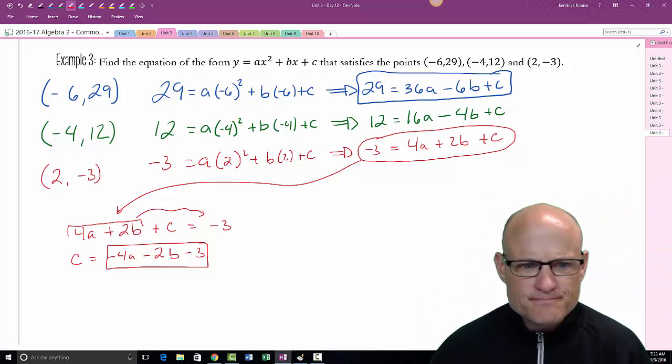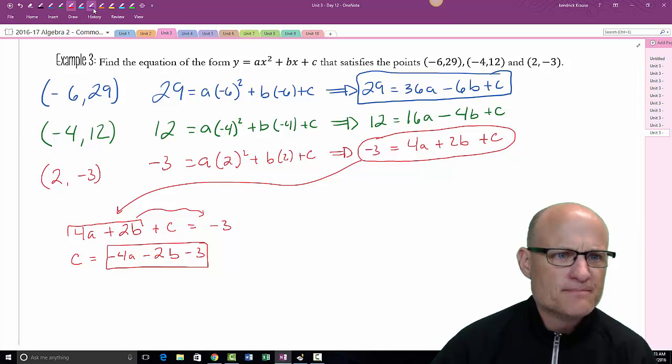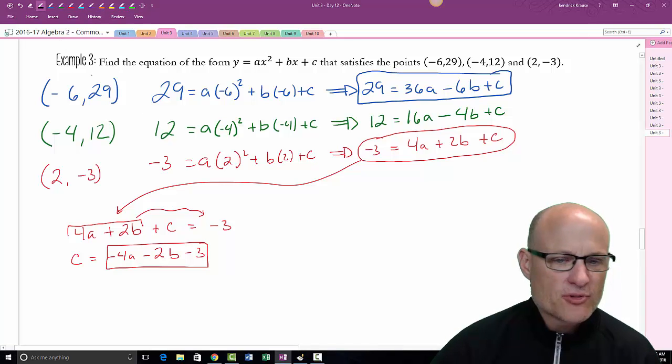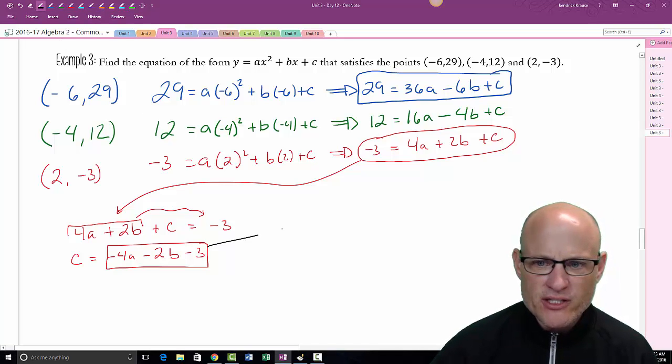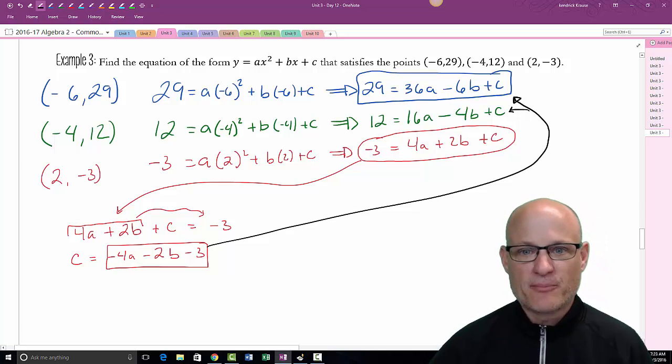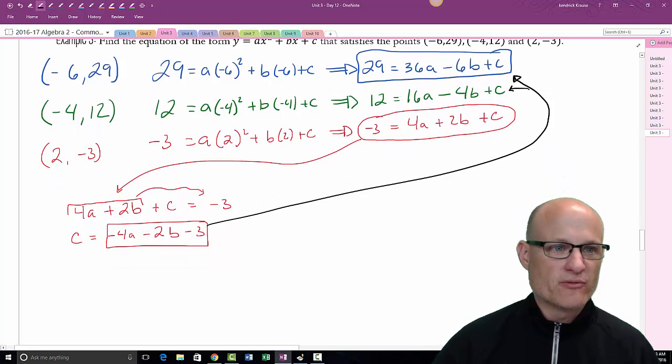All right, now we're plugging and chugging. Let's see, how about we use light blue? So now we use black, shows up better. So we're going to plug this c into this equation and into this equation and then clean them up. So let's use the blue equation first. Blue equation says